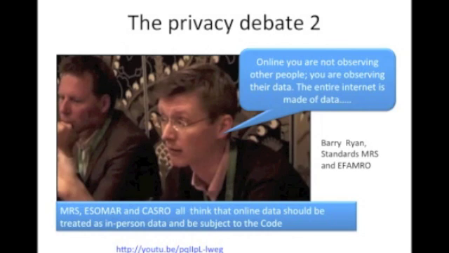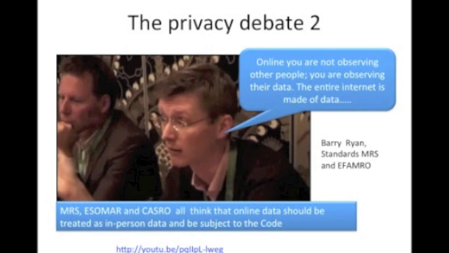Now, on the other side of that, here we have Barry Ryan, who's in charge of standards at MRS and FAMRO, saying that as far as market research is concerned, when you are online, you're not just observing other people, you're observing their data. And in many cases, the data is actually identifiable. It's only if people are using some strange kind of handle that you don't know who they are. But very often people tweet or Facebook as themselves or a version of themselves or their company. So basically what he's saying is that